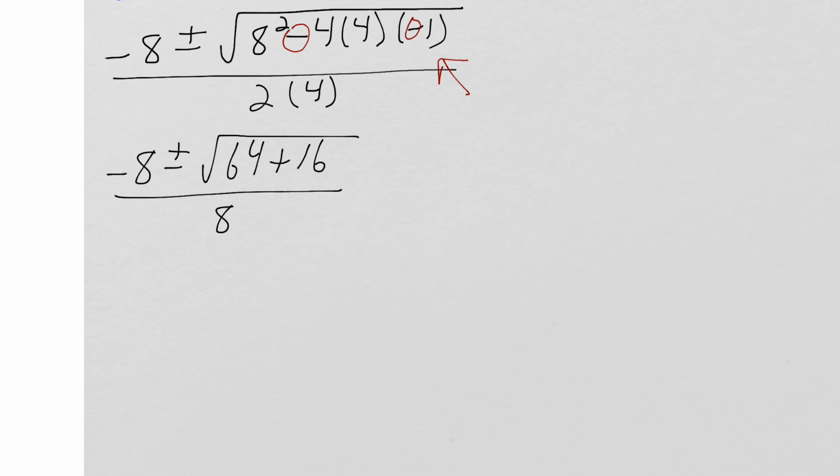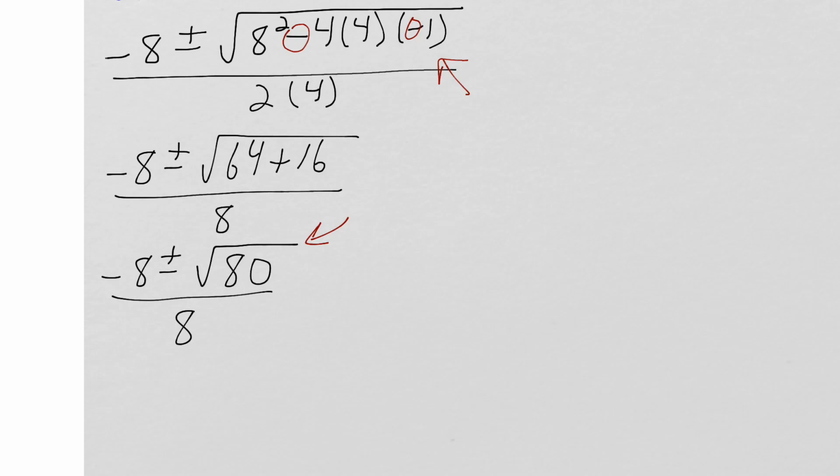Cleaning that up a little bit more, we get negative 8 plus or minus 64 plus 16 is actually 80. That's the square root of 80, all over 8. And unlike the previous problem where we had 73 underneath the square root, which did not simplify, what we want to do now here is we want to leave the answer in radical form. We don't want to write decimals, but we do want to have it in its simplest form, which means we need to do a couple things. One is we need to take this square root of 80 right here and see if we can't simplify that using our